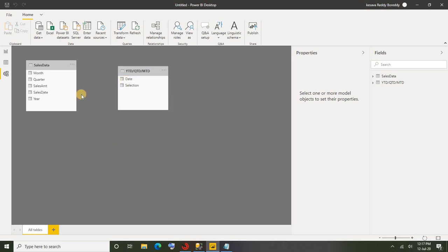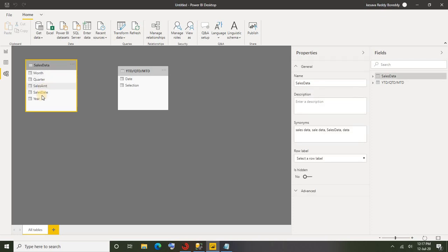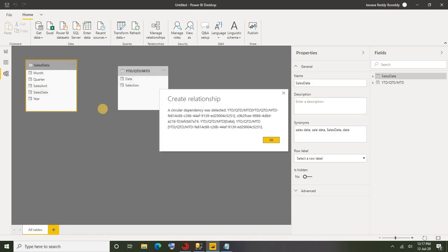Alright, it seems there are some duplicate values in both the tables. So if there are duplicate values, of course we can't make the relationship. So a many to many relationship will not work in Power BI, right? Okay, fine.